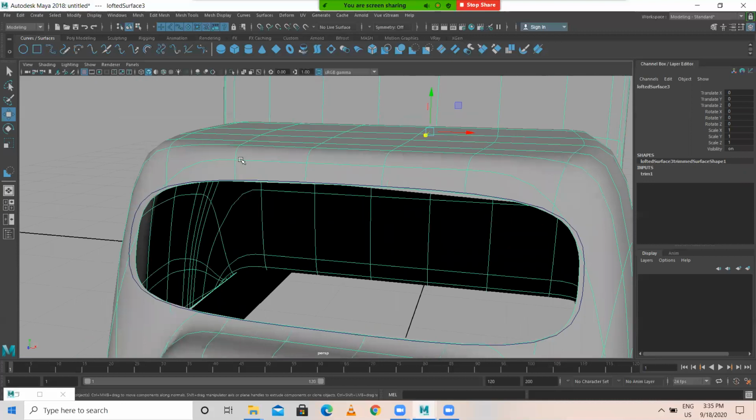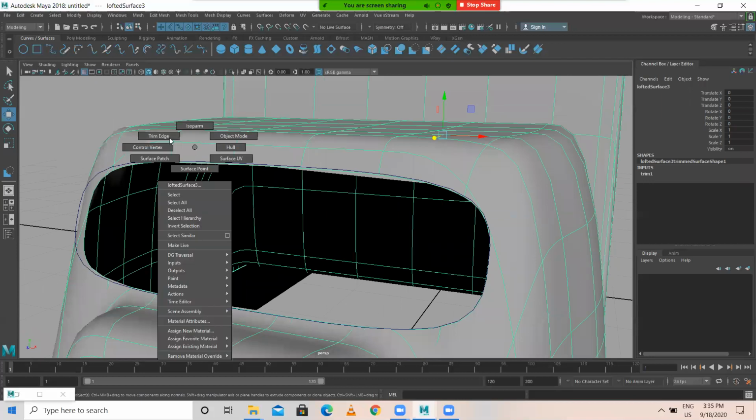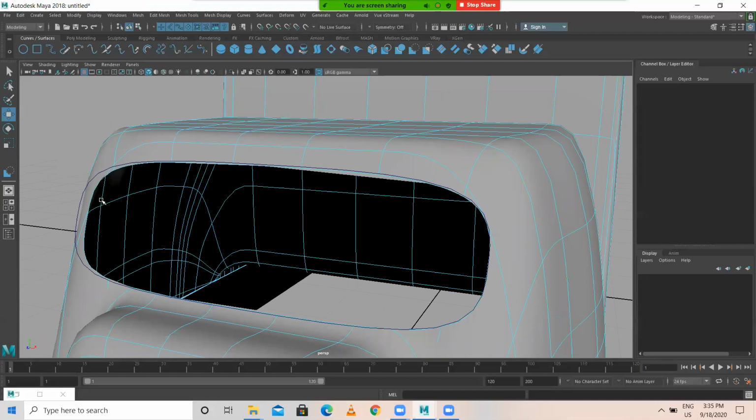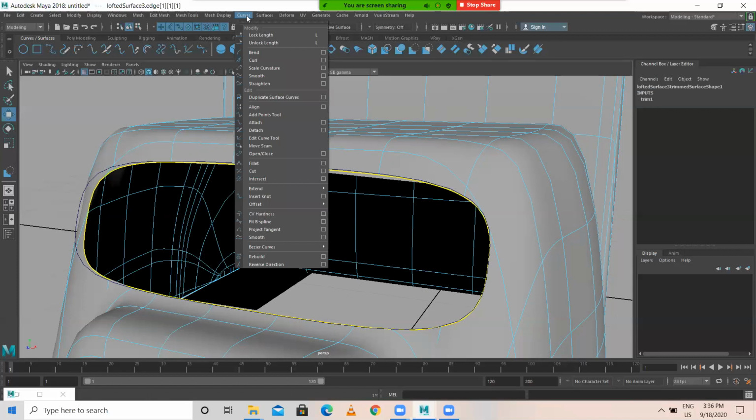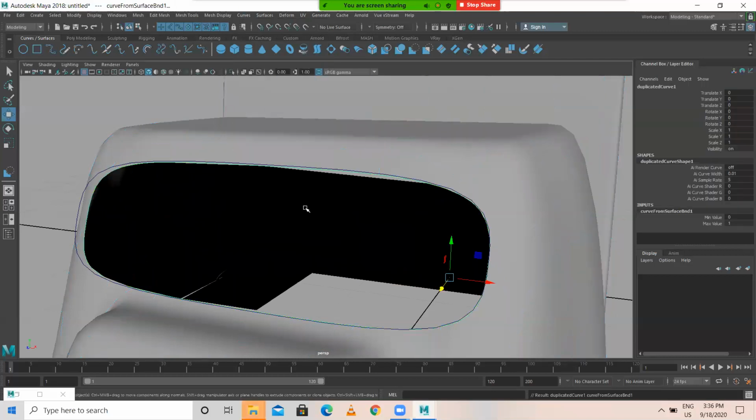Then after that, select the surface, right click, trim merge. Once the object has been trimmed, then only we'll get this trim merge. Select the trim merge. Can you see one yellow colored highlighted one? Select the trim merge. Now you have to come to curves. Duplicate surface curve. This trim edge is the curve on the surface. So that's the reason select this duplicate surface curve. Now the surface curve has been duplicated.